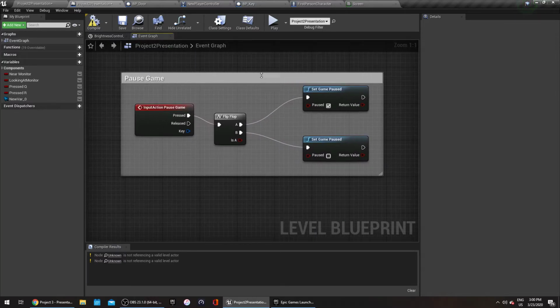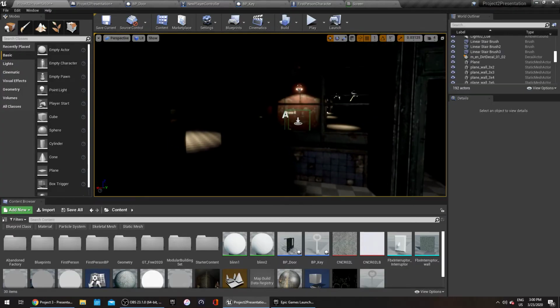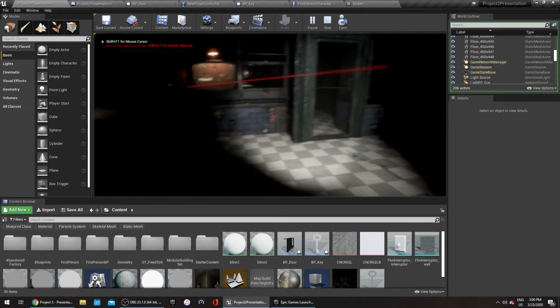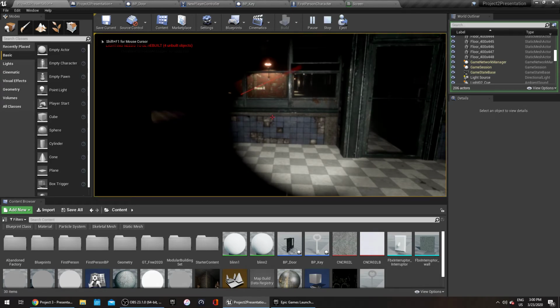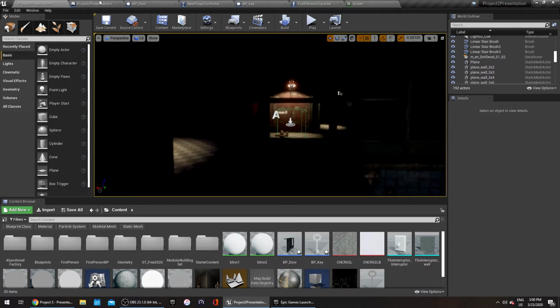Flip-flop for pausing the game whenever the player presses Control and P, which I'll just demonstrate. Whenever a player presses Control P, the game is frozen. Control P again, game back on. You know that this is happening because the light flickering in the left doorway stops. Game paused, game back on. I've also added a sprint ability too,